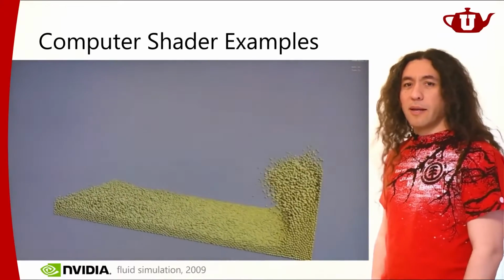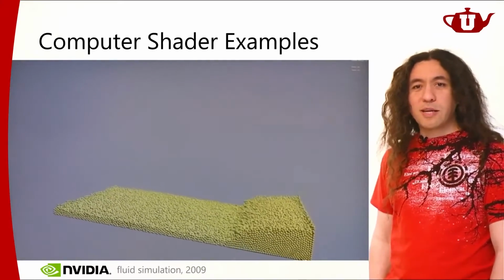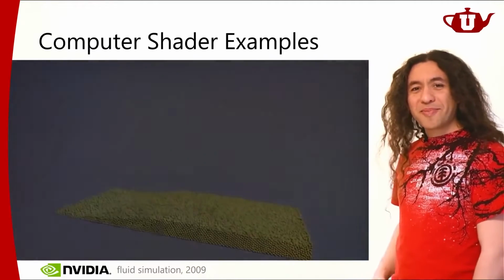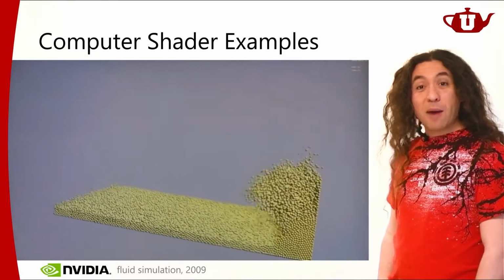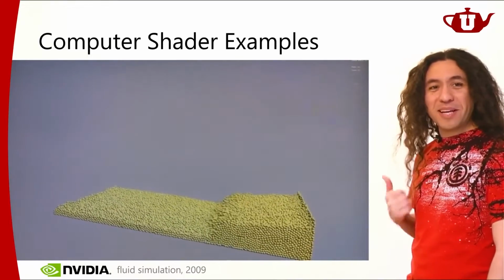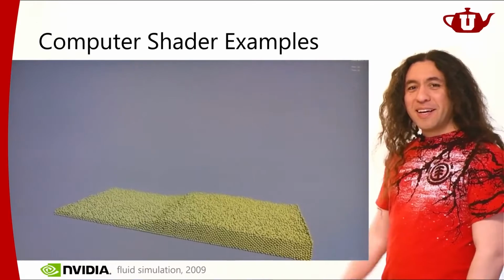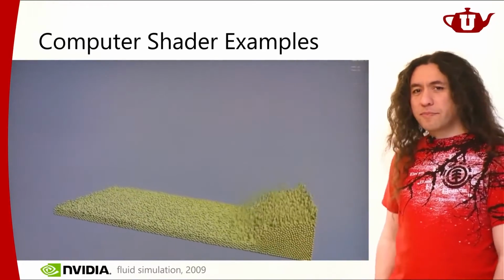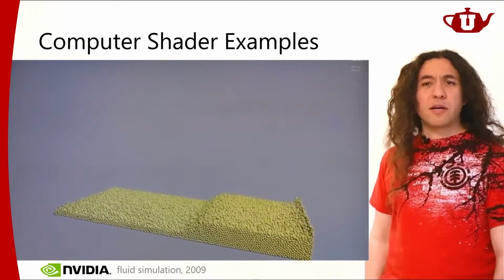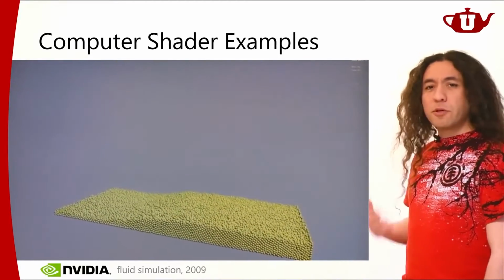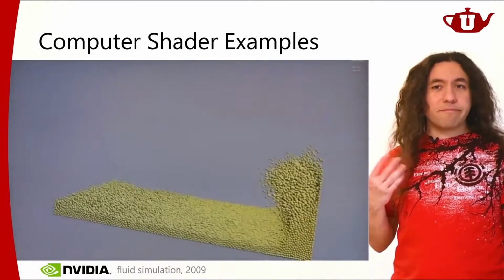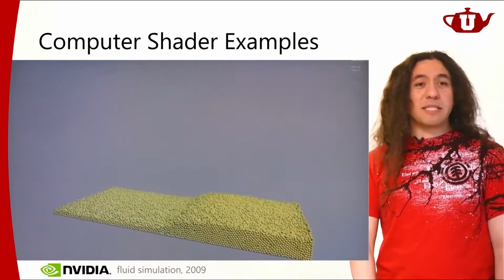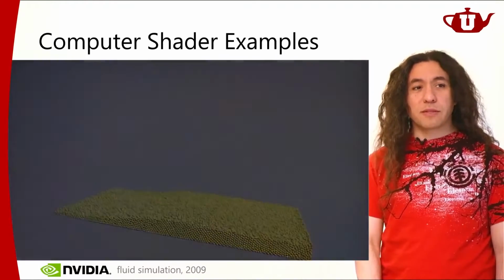Here's another example. Again, it ended up being a fluid simulation example. The video looks a little odd because I believe this is captured by a camera on a display, so that's why it looks a little shaky. But it's SPH-based fluid simulation, smoothed particle hydrodynamics, computed using compute shaders, and then you render it however you like, right? So just some examples of compute shaders. It's general purpose compute, so you can use it for all sorts of things.